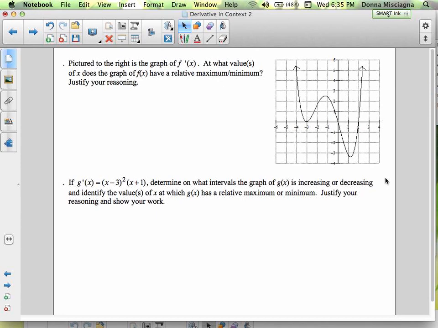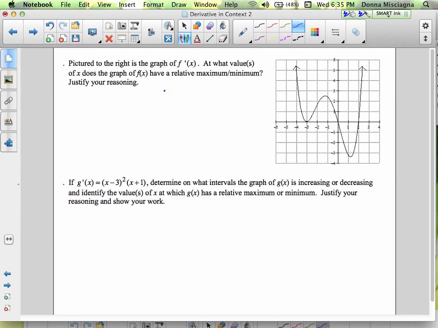Welcome. So let's do some more problems. All right, so pictured at the right is the graph of f prime of x. At what values of x does the graph of f of x have a relative maximum or minimum? Justify your reasoning. All right, so remember, relative maximum, our graph of